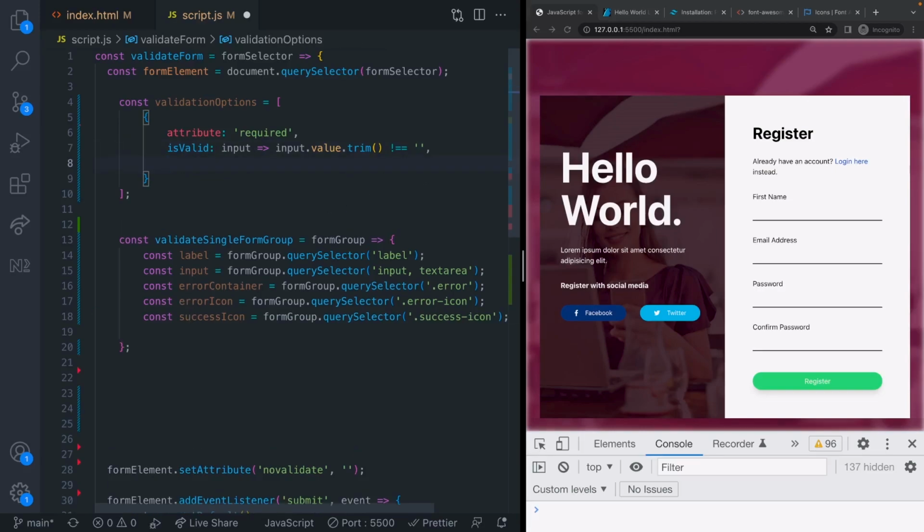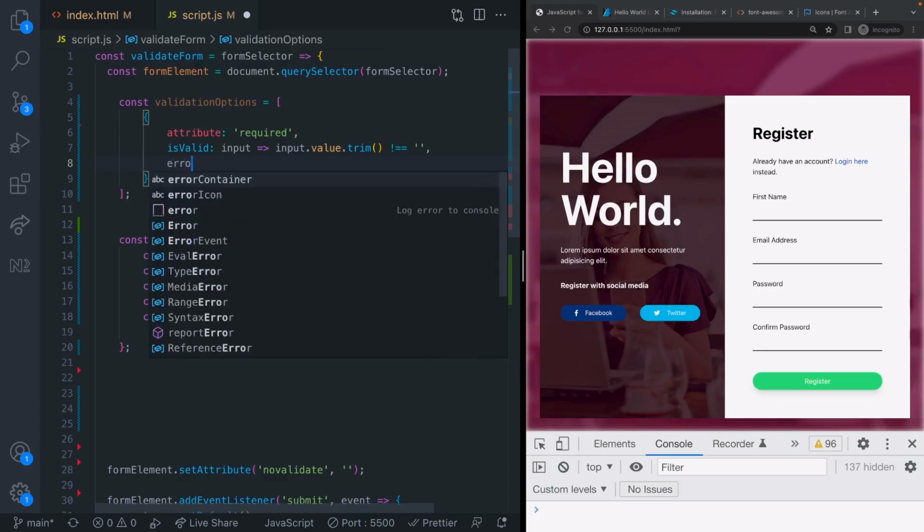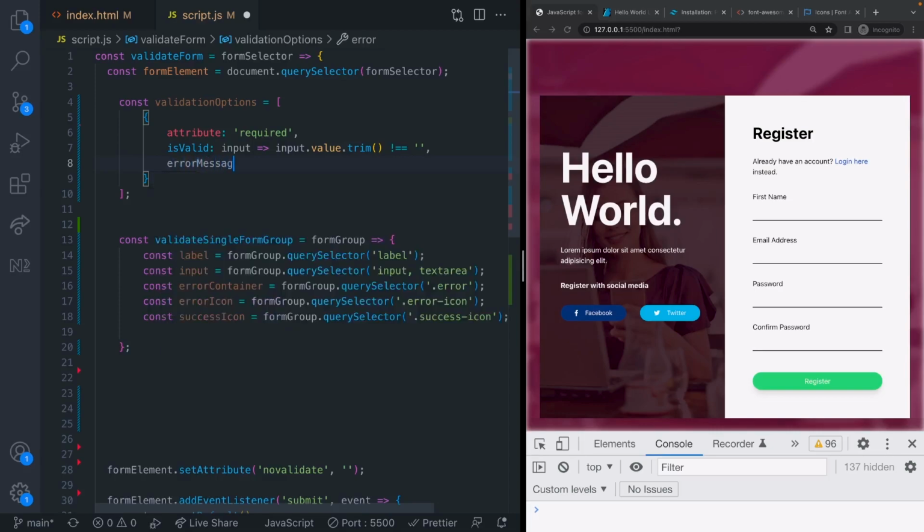The other thing is we want to make that error message dynamic based on the actual field that we're looking at. We could take a property off the input like the ID, but we'll get a nasty camel cased version of the actual label. So we can pass in the label to another function on a property which we're going to call error message. Again, this will be another function which will return a string, and we're going to pass in the input and also the label elements that we've got down here in the validate single form group function. As I say, this will just be a template literal which will represent the error, and we'll get the